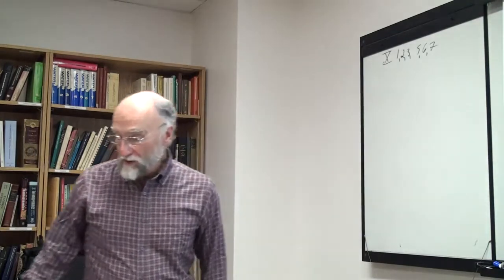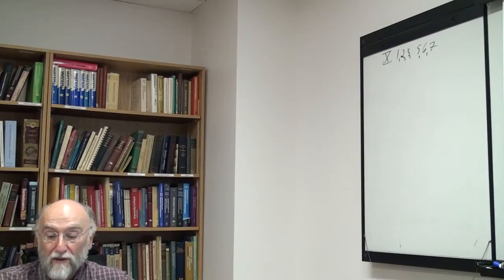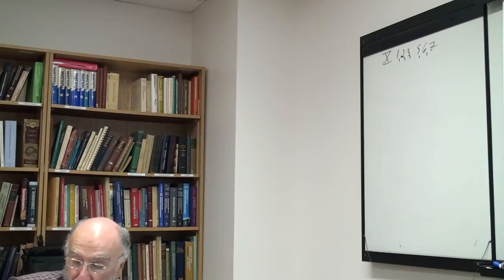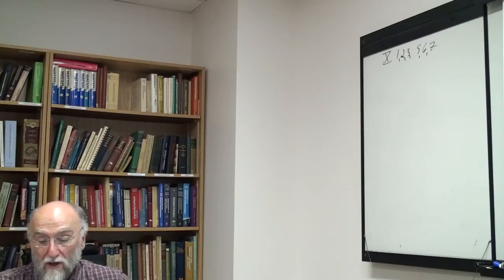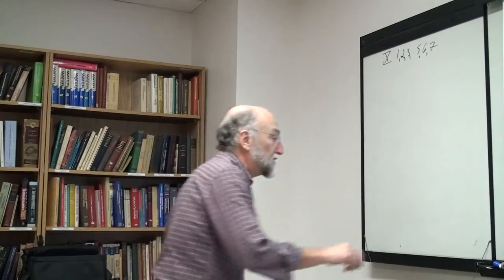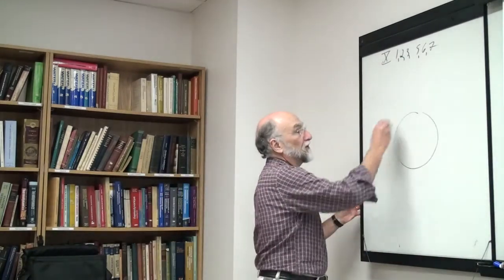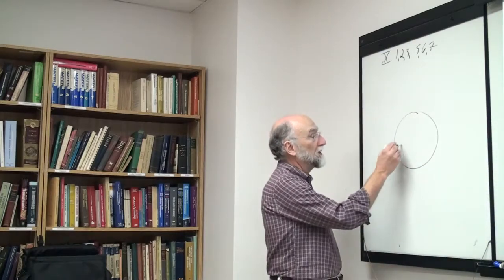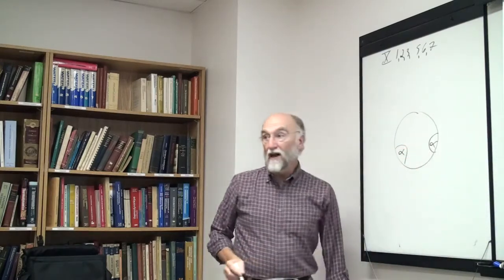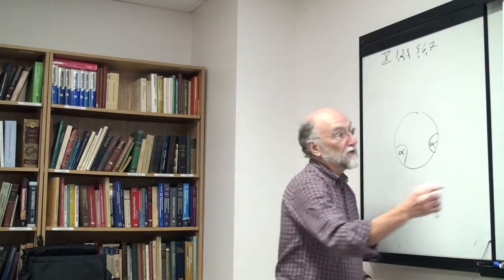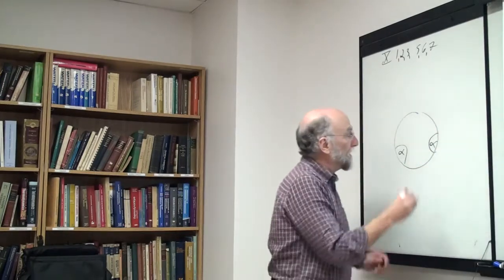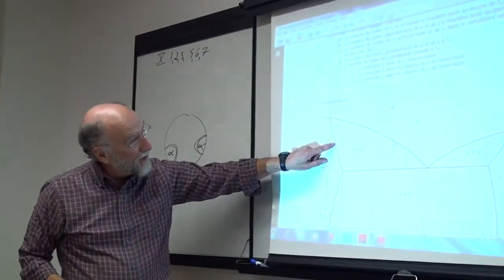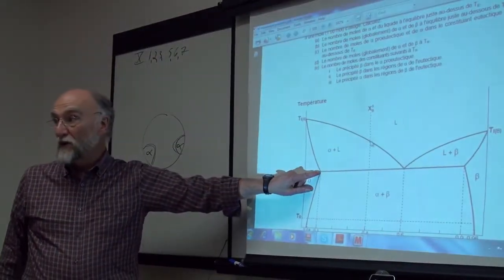Sometimes what people don't quite understand, maybe I should just mention it: as you start to cool here and reach this point, imagine you have the sample. Here is your sample, it's all liquid. As the temperature reaches this point under equilibrium cooling, you start to get a primary alpha phase forming. As you cool it down from here to here, the primary alpha phase grows by nucleation and diffusion, and the composition of the solid phase follows this line upon equilibrium cooling,